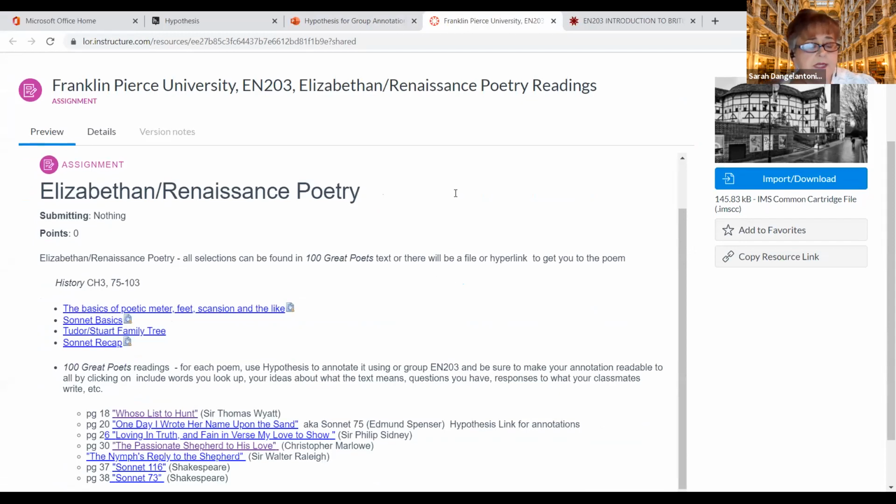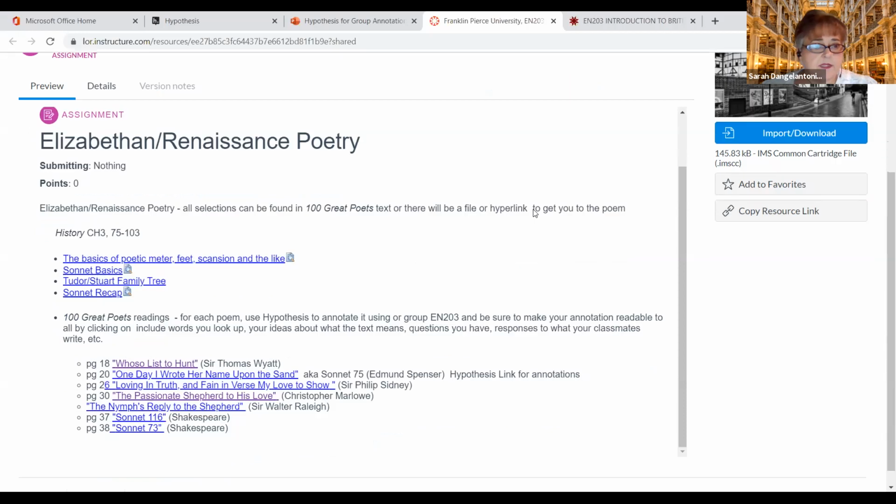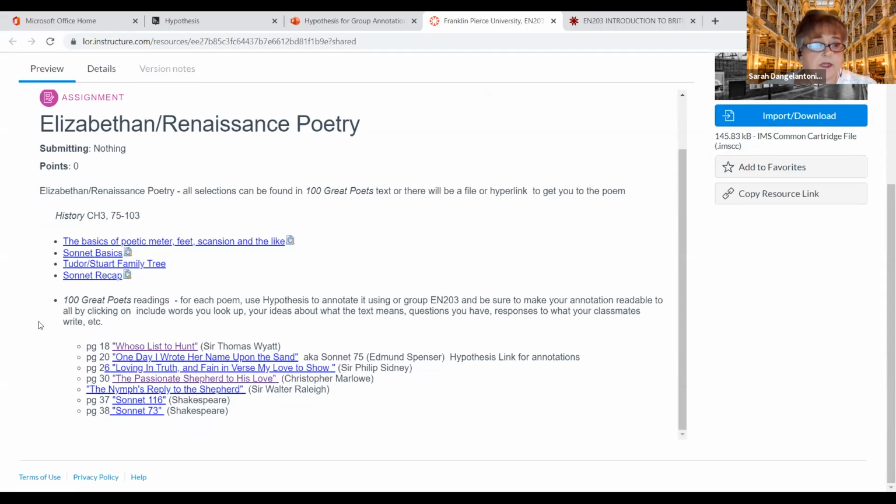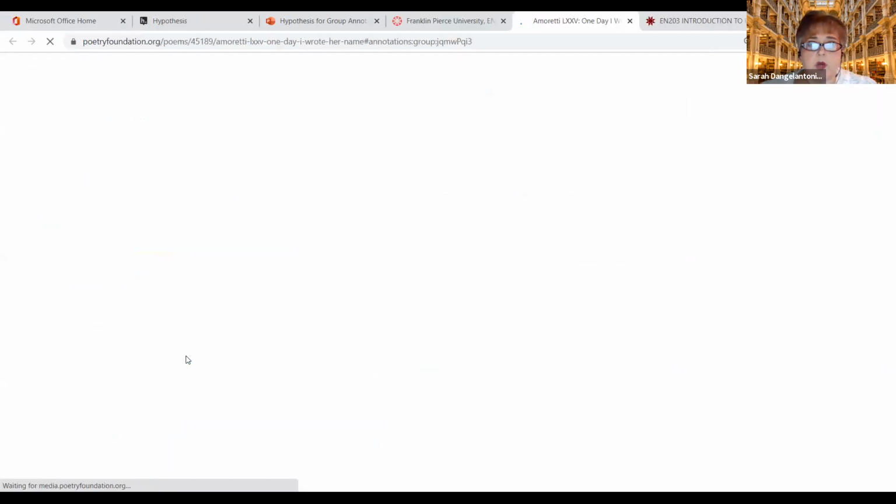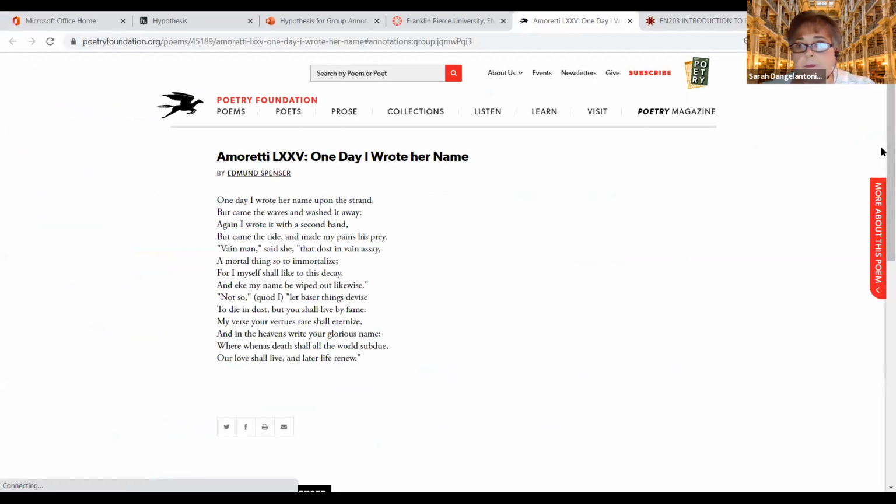Now, in the past, what I've done is we have a book, and they still do, but I've always given them links to the poetry we're reading online. I'd ask them to annotate their books. Sometimes I'd have them turn in materials that would show those annotations, like snap a picture of the page or that sort of thing. But what I did this semester is I linked in my Canvas assignment that you see here to the poems on the Poetry Foundation page.